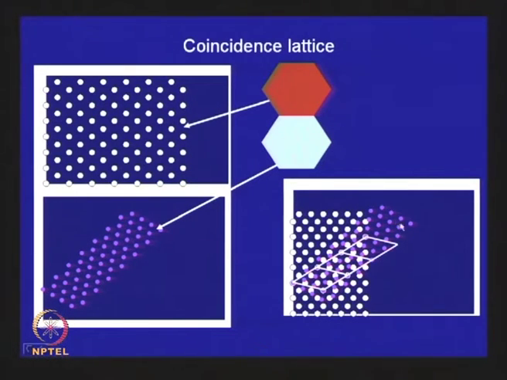Now, what happens at the grain boundary, near the grain boundary, few layer, 2 or 3 layer, what happens? So, this is the one grain, this is the other grain, and you can say this is the grain boundary. If you extend the lattice, you will find that some of these points, they are coincident with the lattice with these lattice points. So, which are marked over here. So, this is a concept which represents the type of the grain boundary. The nature of grain boundary people try to say on the degree of rotation and the coincidence lattice type of relationship. So, it is not that these atoms are occupying this space, you just superimpose and see what are their